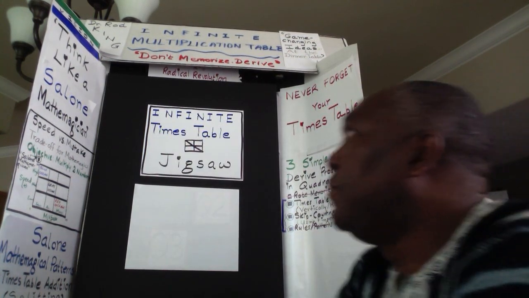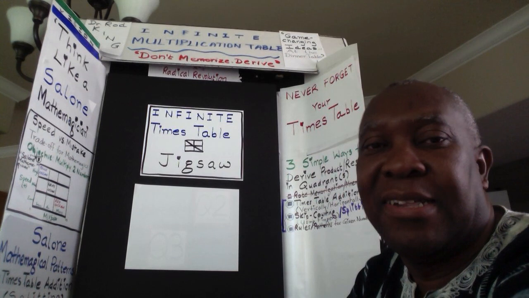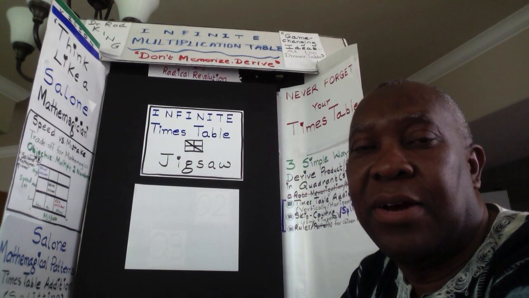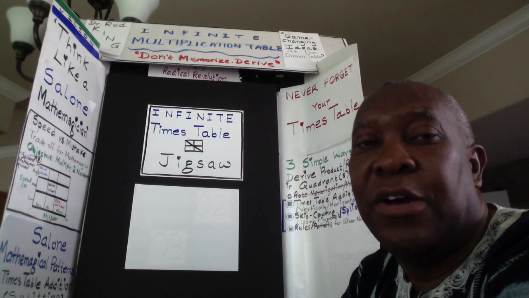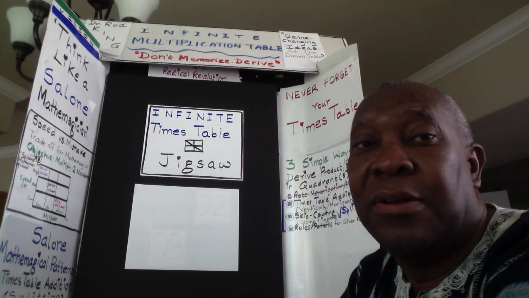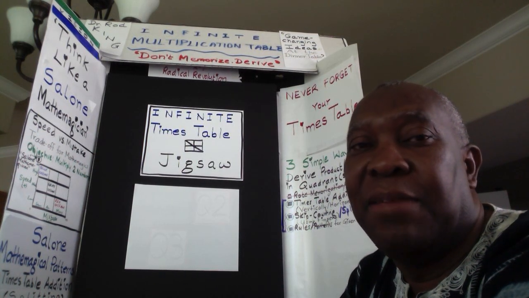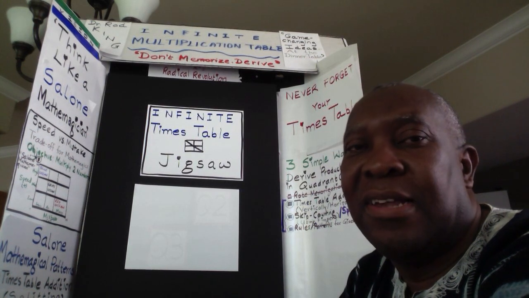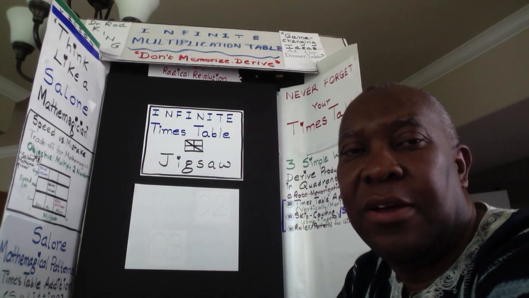Our vision for the infinite times table Jigsaw puzzle is to think like a Salone Mathemagician. The Salone Mathemagician is a theoretical concept, and it's an abbreviation for a superhero mathematician. A Salone Mathemagician as a superhero means that he or she can instantly produce the answer to any mathematical problem at any time. So this is an ideal concept, but it's an ideal that is worth aspiring towards. So that's why we are using the concept of a Salone